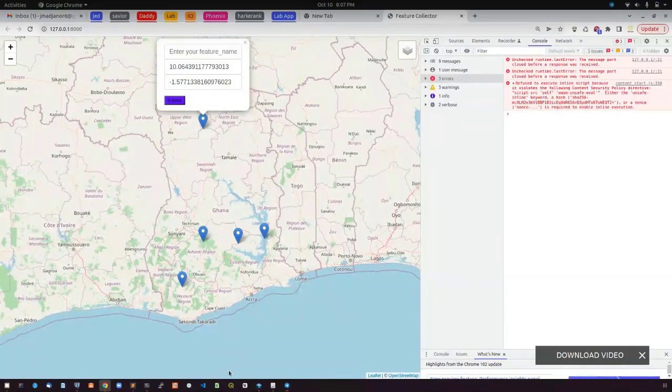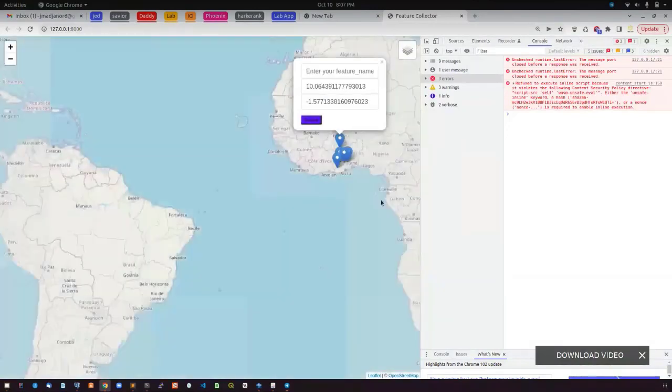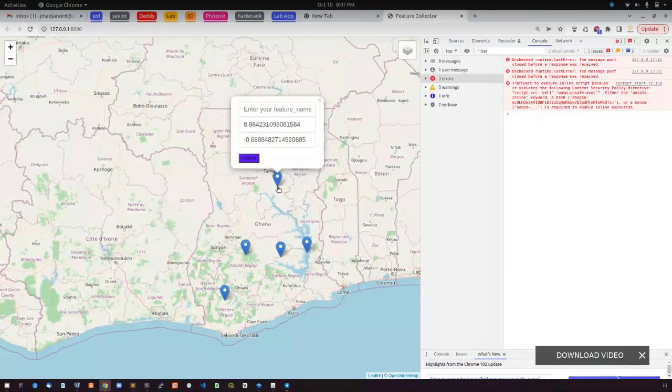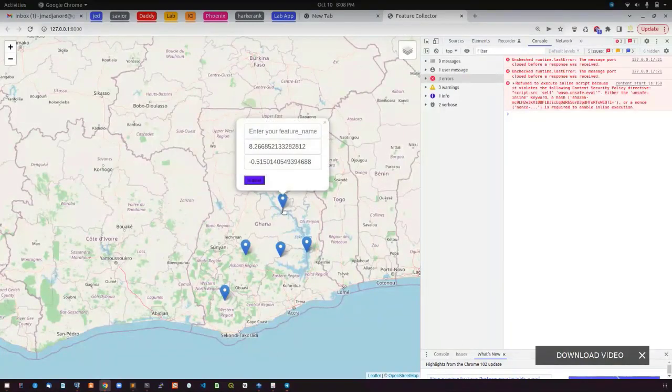So, a little recap. We have a client interface. All we have over here is just JS and HTML, and then we link in our JS files, which gives us Leaflet. After we have Leaflet, because we want to be able to pick features, we are hitting the map. So we call map, and then the on just says that if the map is in focus. So we have map, and we are focusing on the map now. Once we focus on it, we are saying when we click it,